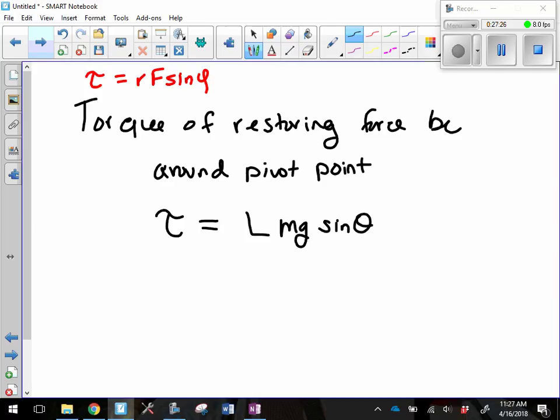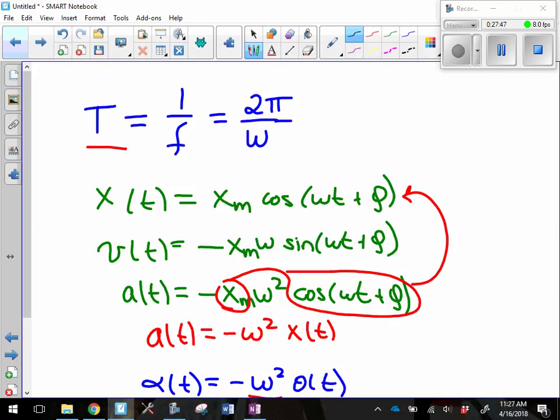Okay. Go ahead, Casey. No, because remember it's the angle between R and F. So if I go back to here,